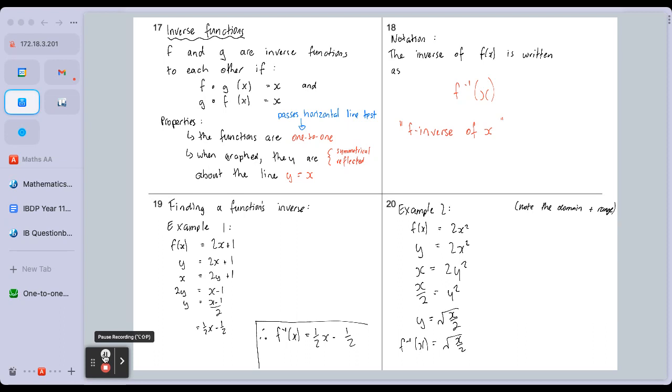Not just 1-to-1, Maddie, but you're 100% on the right track. Not just 1-to-1. If I said y equals plus or minus root x on 2, not only would it not be 1-to-1, it wouldn't be a function. Yeah? Because what I'm saying, if I put a plus or minus in there, I'm saying that